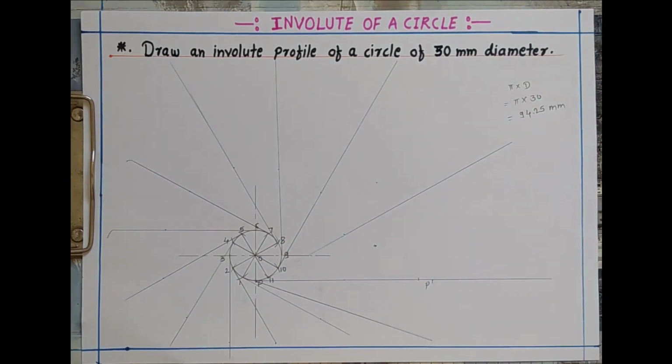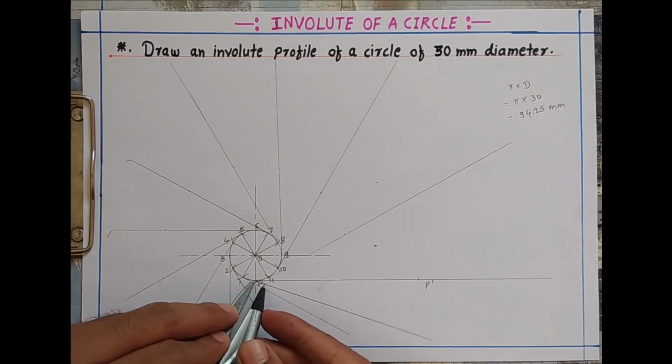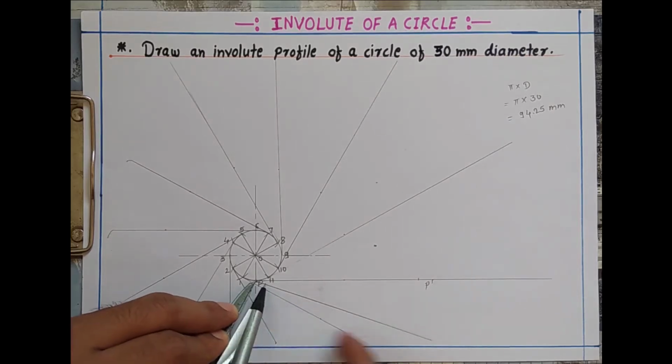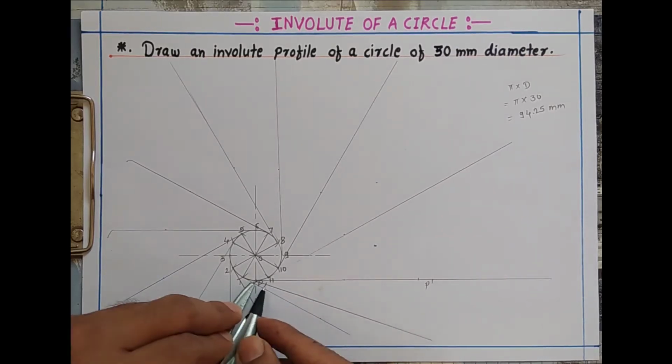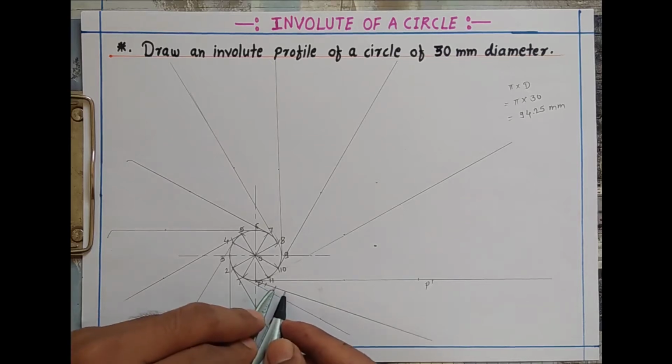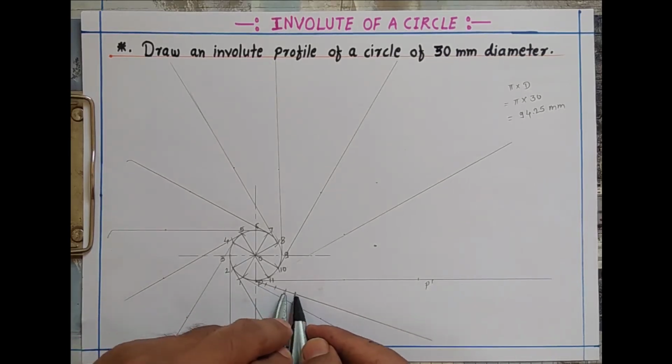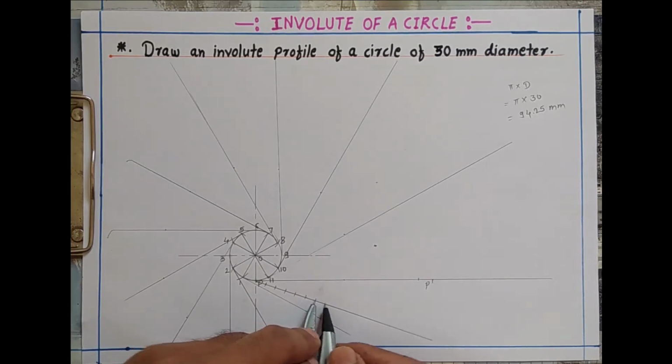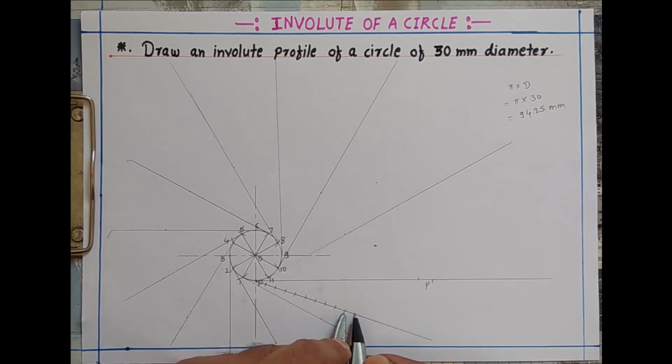For this you draw one inclined line at any angle passing through the point P, and keep any distance in your compass. You may take any random distance, such as 5 or 10, whatever it may be. Carry the same distance and mark arcs; there are 12 arcs that you have to mark on that inclined line. This is the step we do to divide the distance P to P dash into 12 equal parts.